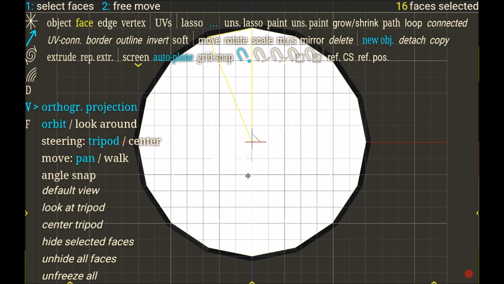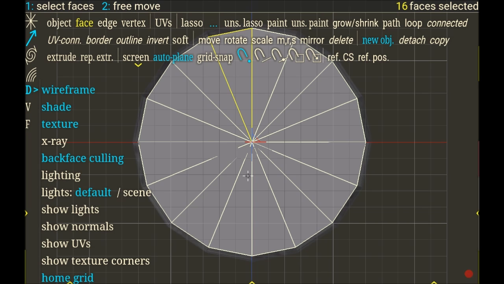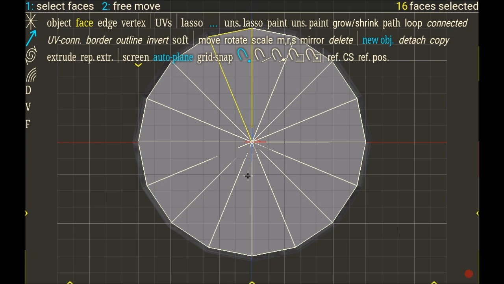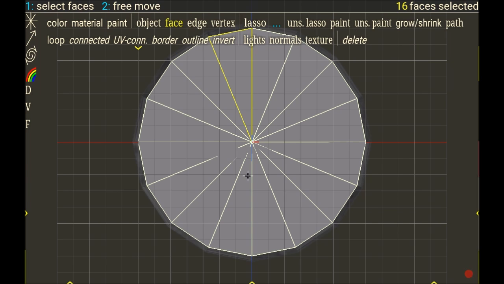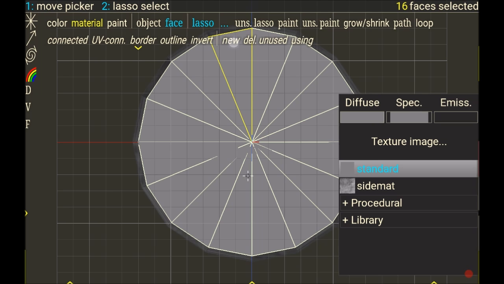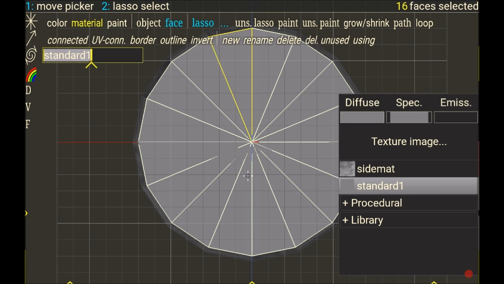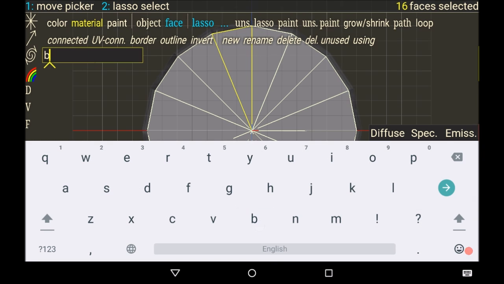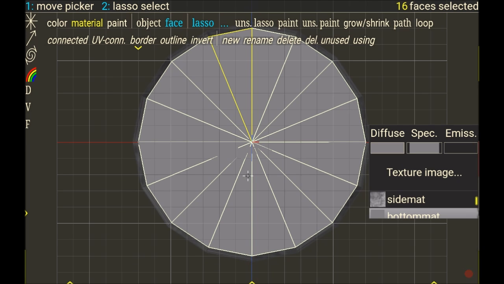So now I will uncheck lighting, not to be like a flashlight, and I will go in the rainbow menu and go to material, once again new, once again rename, and now it's bottom matte, enter, and